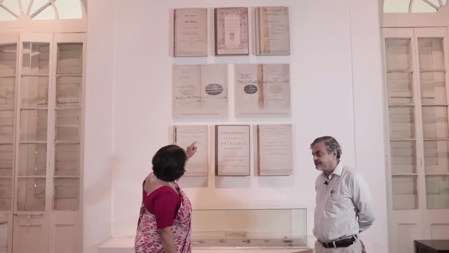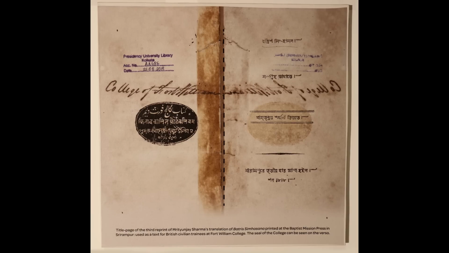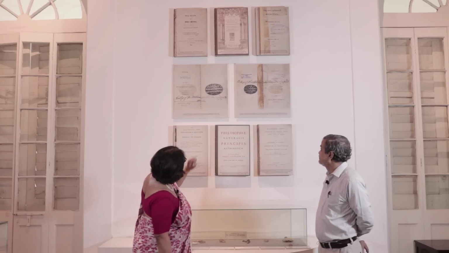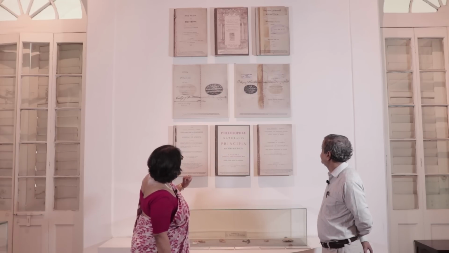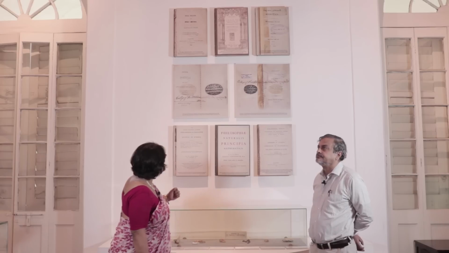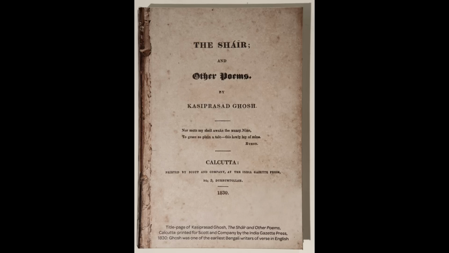That is this one, Batris Simhasana, translated by Mritunjoy Vidyalankar. It was published in 1818 by the same Baptist Mission Press, and that was also accessed at Fort William College. And then we have Hindu or the Presidency College by Raja Rammohun Bose, and then Sandilya's Aphorisms of Sandilya, translated by E.B. Cowell, and Kashiprasad Ghosh's The Shair, where he seems to be engaging with a certain Orientalist